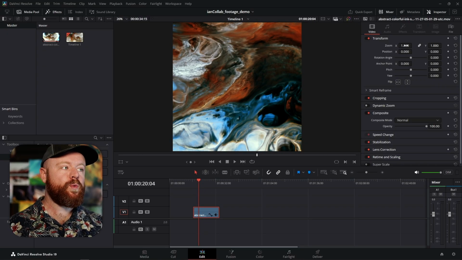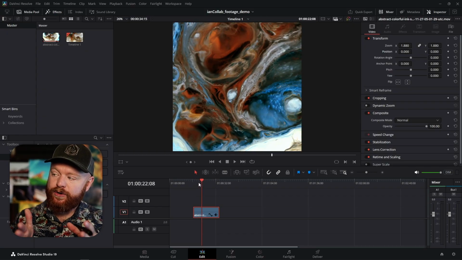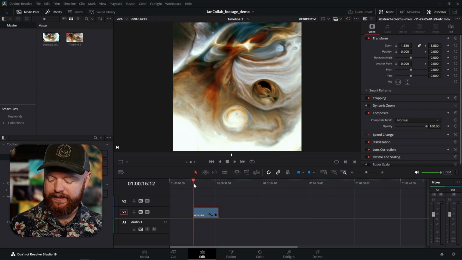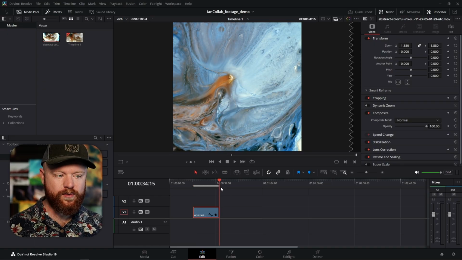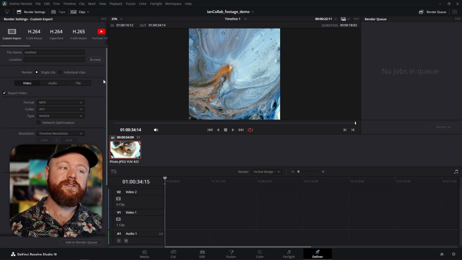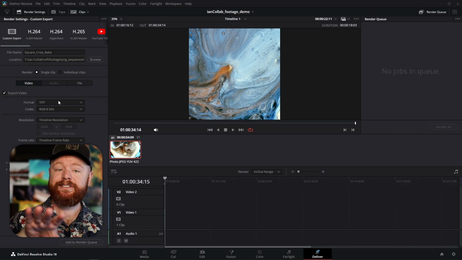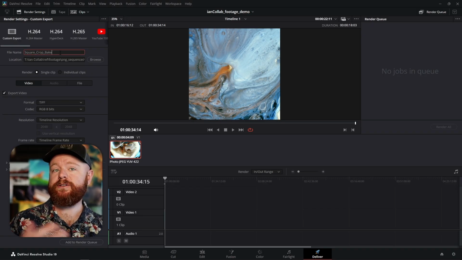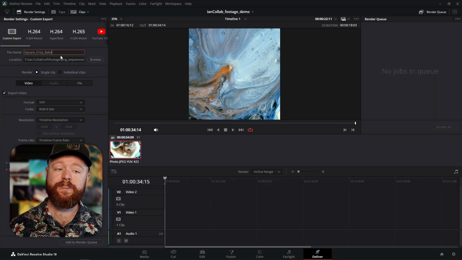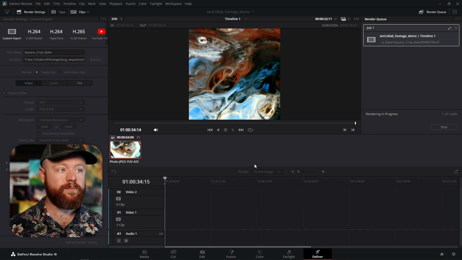Number one is that when I move this around right now, we can see that it hasn't applied the square crop yet. So what I'm going to do is set our in with I and O for out, and I'm going to just send out a sequence of images so that we can then bake in our crop. For this, I'm going to send out TIFF images. The file name here is square crop bake, and then I just made a folder within my project directory to save those TIFFs out. So we'll do that, add to render queue, and then we will bake out this video